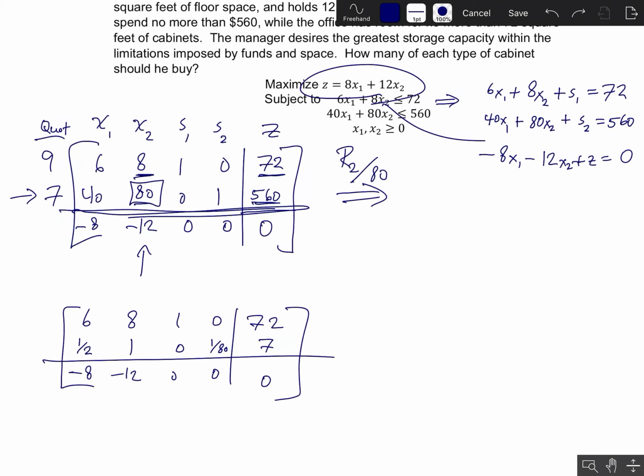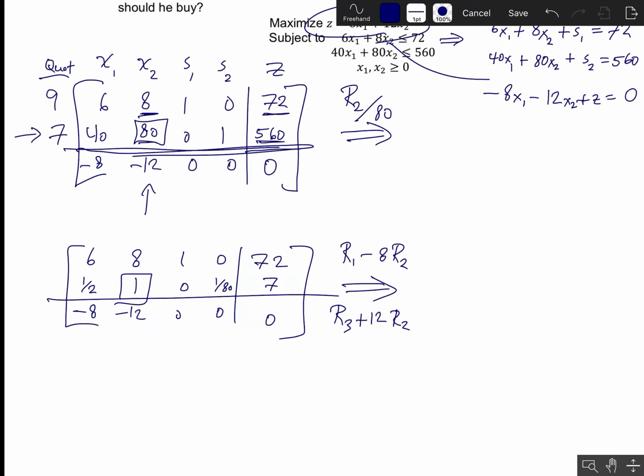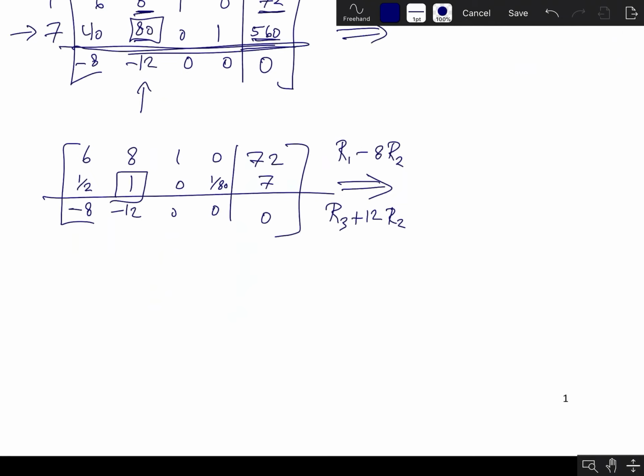Okay, so this is the new simplex tableau that we get. And now we have a 1 where we want it, so we want to use that 1 to eliminate the rest of that column. So I would take row 1 and subtract 8 times the pivot row, and then I would take row 3 and add 12 times the pivot row. And that'll give me this new simplex tableau, which is going to be,